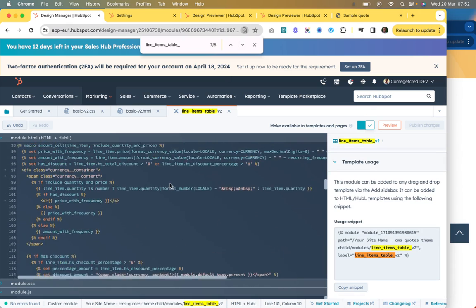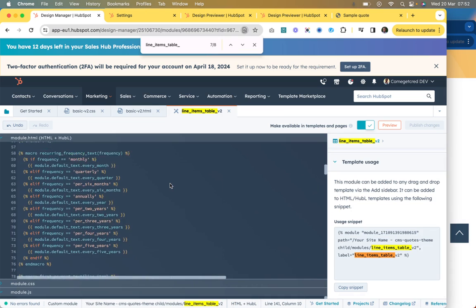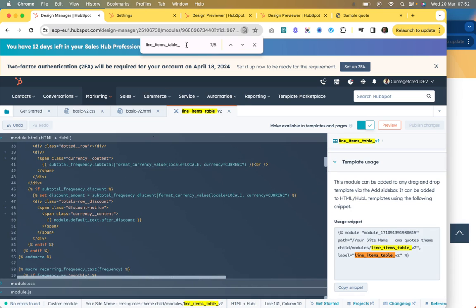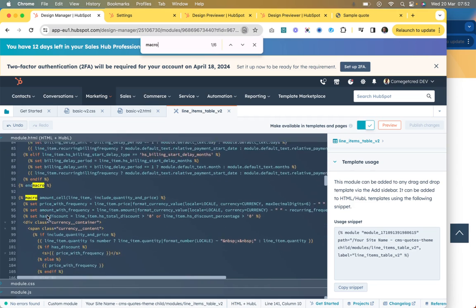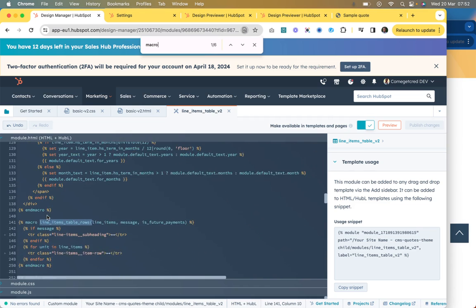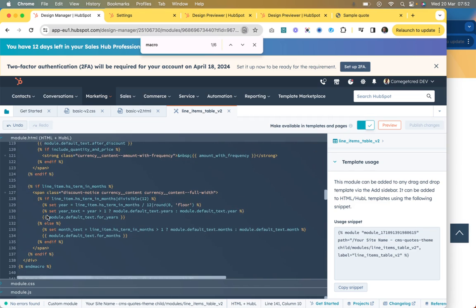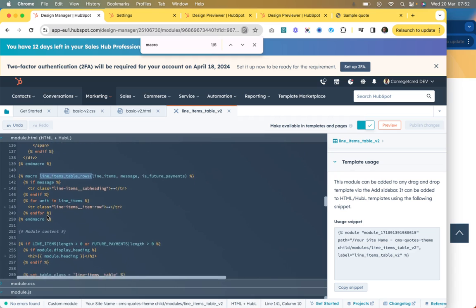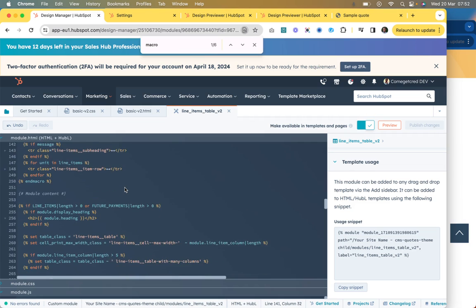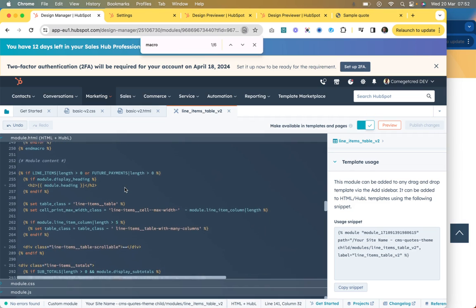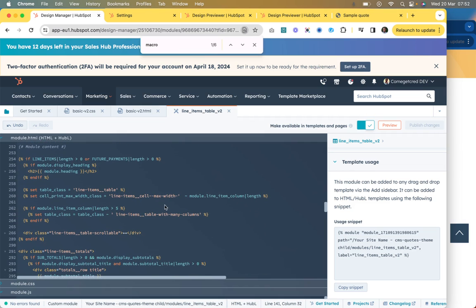Okay, let's see. Line items, we have the macro, and then okay, so we have macro. So macro is a function, so we have all our functions there. So we just want to double check the other function that we have here for the line items. We have these functions. Okay, so we're getting this one there. Line item message is future payments. Get there, and then after that we're going to check our